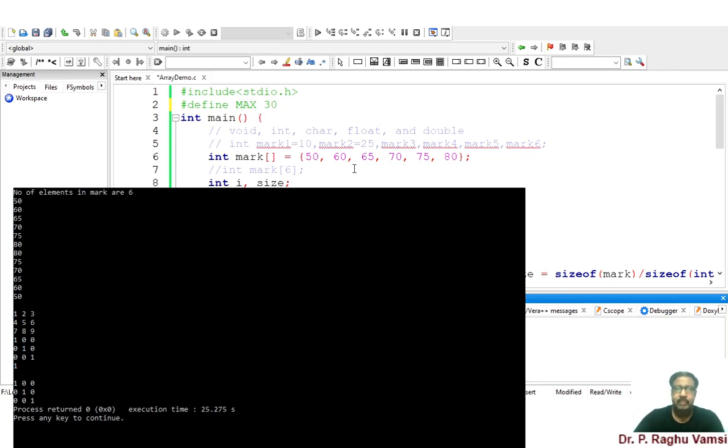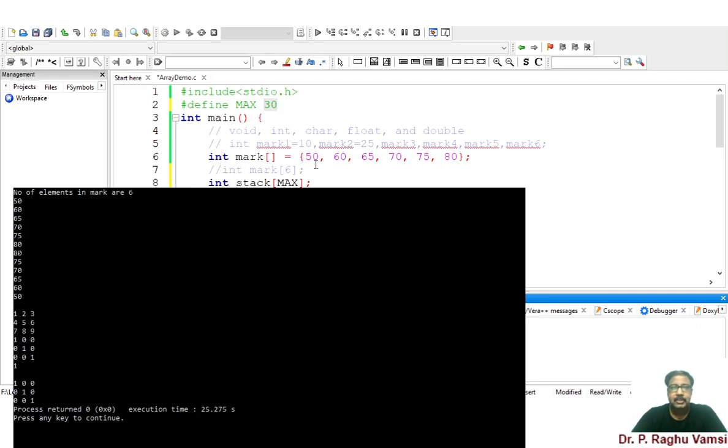So here I will write int stack[MAX]. That means I am declaring an array called stack of size 30. I can use this macro anywhere in the program, and wherever the macro appears, the corresponding value will be substituted. So this is how we can use macros.